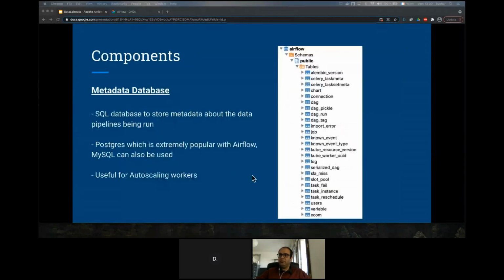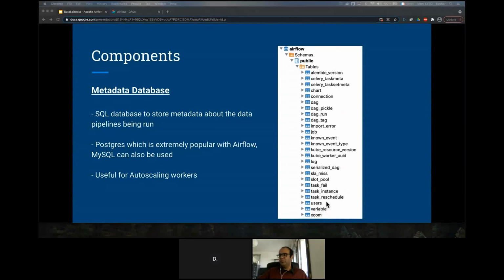Let's quickly see these concepts, starting with the metadata database. This is one of the most important things. It is a SQL database which stores basically all the metadata about the pipelines which are being executed. For example, you have the information about the DAGs, which DAG is running, and what connections we have. You also have all the information about the tasks: which task will be running, which has to be scheduled, which has failed.